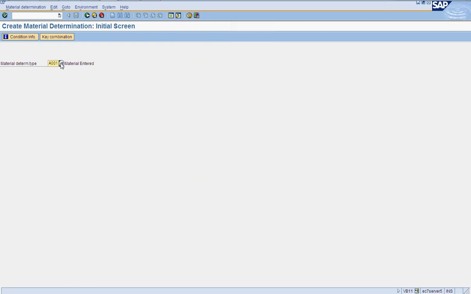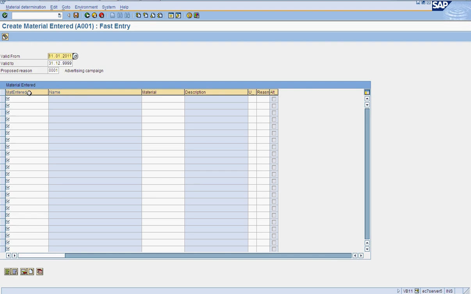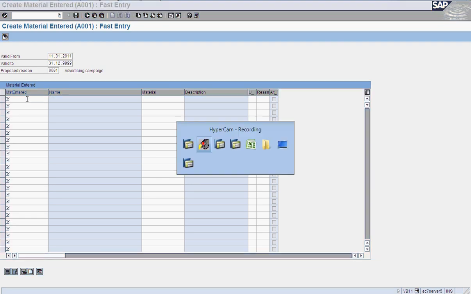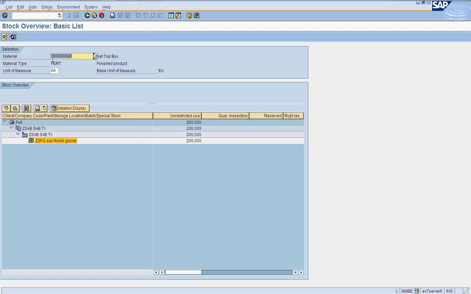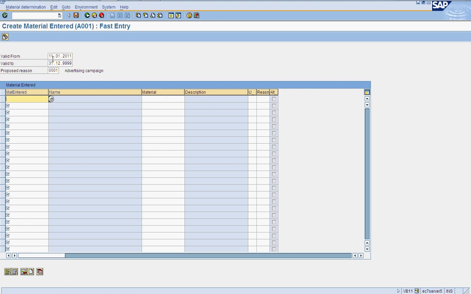So we have selected A, and I want to select, say, I will copy this material and substitute it with 31. Because of my advertising I want to substitute set top box A with this one. So it has been saved.